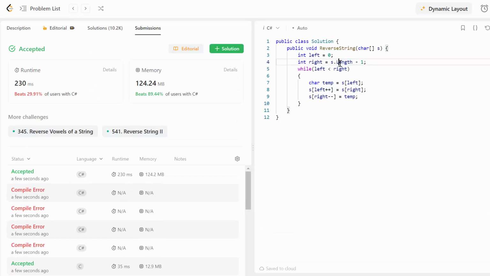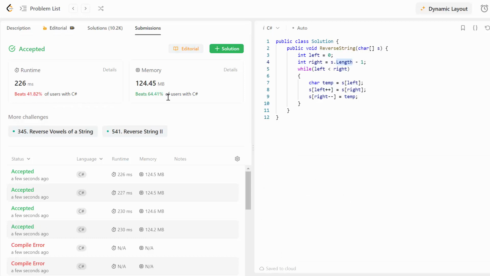And actually I made a typo in the word length, so after I fixed it and submitted my result, you can see that now it's accepted and it beats 90% of users with C# in terms of memory, but only 30% of users beat it in runtime. And once again, these numbers are very approximate. Sometimes there are some lags, so if you try to submit your result several times, you can see I can get very different results. Sometimes they are bigger and sometimes smaller.